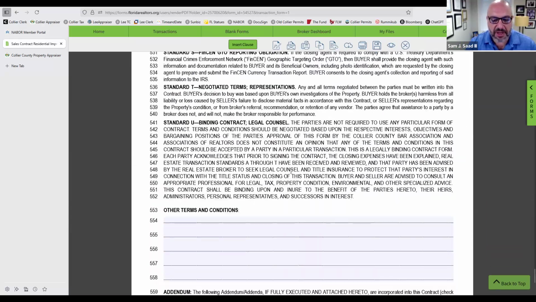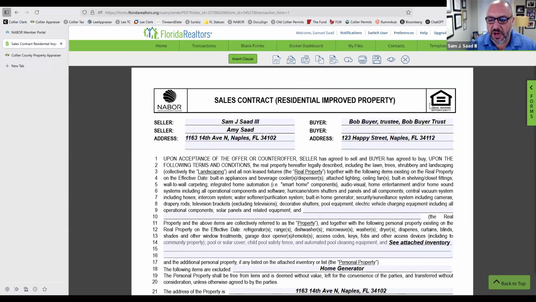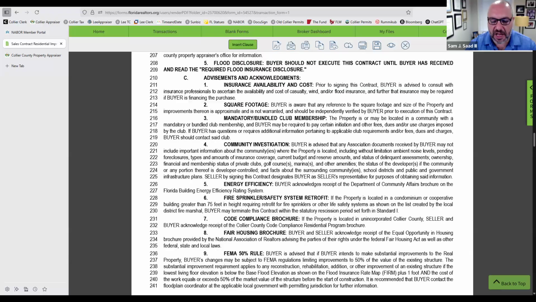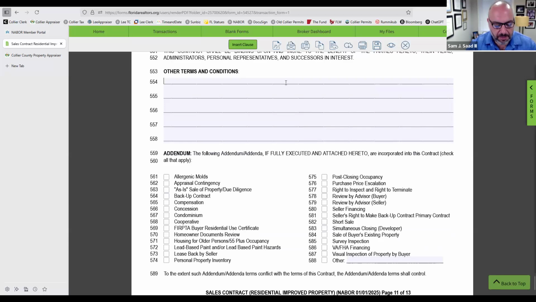Until you get down to the bottom of the contract where you have other terms and conditions. Now, remember I said that the buyer is a trust. I'll go back to the top here, the buyer is a trust, and you'll notice the name of everything doesn't all fit under buyer's blank. So on the NABOR contract, which does not provide a lot of room for names, I go down to the bottom and I put a little asterisk and I say the full name of the buyer is Bob Buyer,